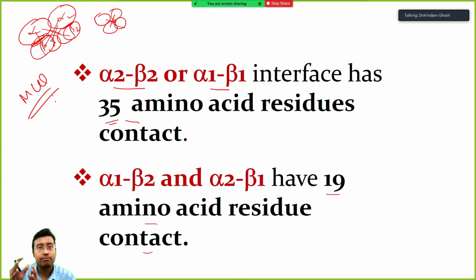Yes, I am going in a bit detailed fashion because I am covering everything over here, but you may choose to omit or include depending on the previous year's university papers. The previous university paper generally discusses the structure function relationship of hemoglobin, what the abnormal hemoglobins are, what the diseases are, everything that I told you in the synopsis. So actually these things are there in the syllabus. Depending on how much time you get to answer the question, you may or may not include these things in your hemoglobin structure, depending on the marks and the amount of time that you have left while answering in the exam, right?